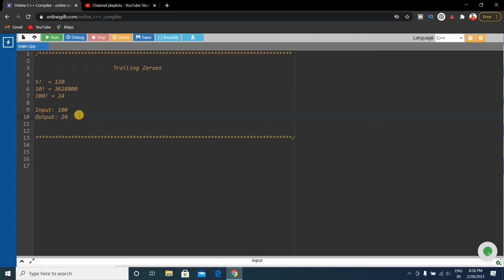So here we don't have to calculate the factorial. We will just apply another trick or method to calculate only the trailing zeros. We will not calculate the factorial of any number, but still we will calculate the trailing zeros of that number.